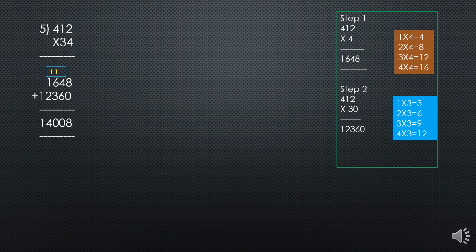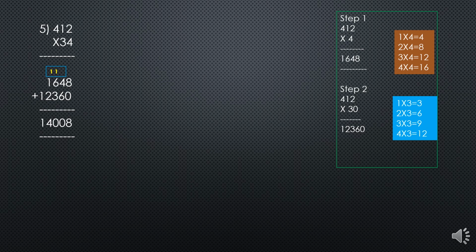First we want to multiply 412 by 4. Next we want to multiply 412 by 30. Why 30? Because 3 is in the tens place. The tens place digit 3 means 3 tens, that is 30. Then we want to add the two products. So first we can multiply by 4. 412 into 4. Which table do we need? We need 4's table. All of you should learn the multiplication tables by heart.